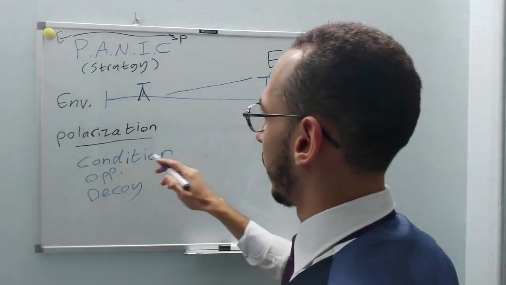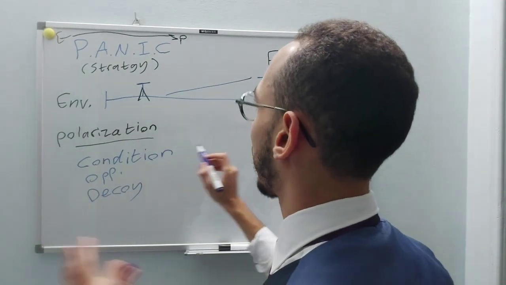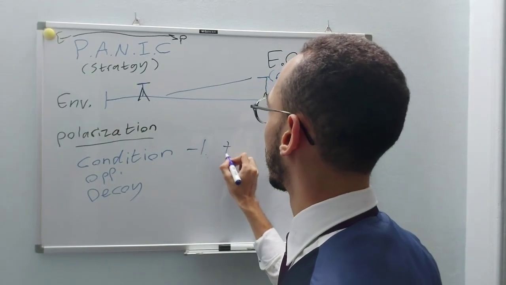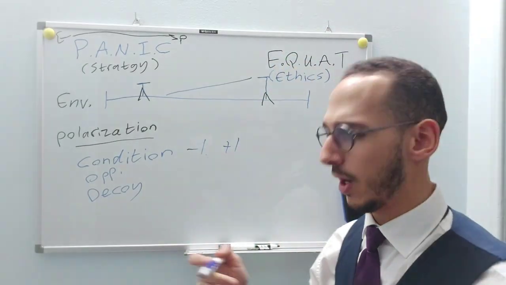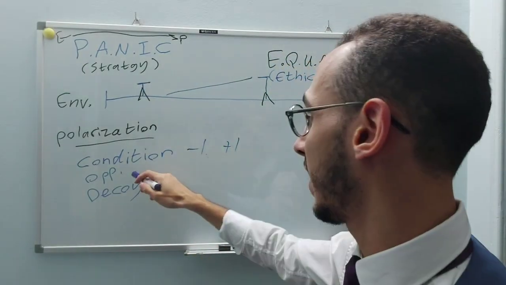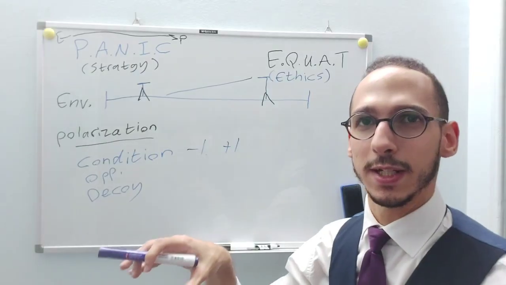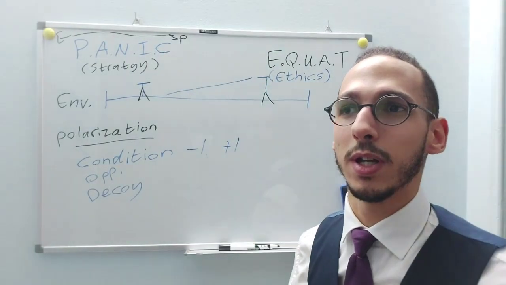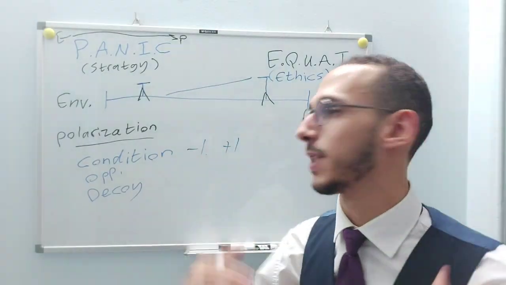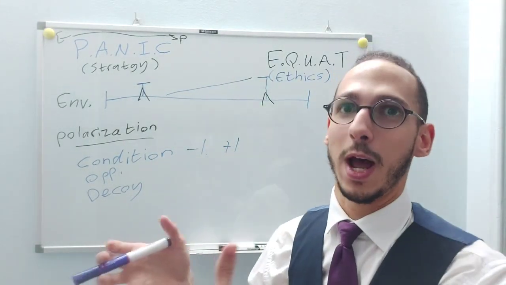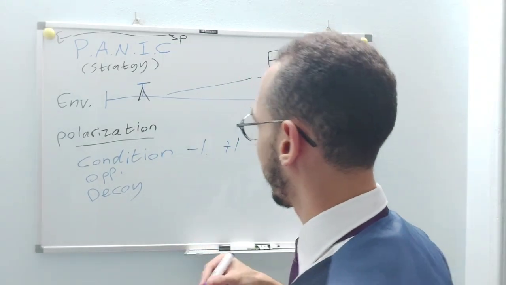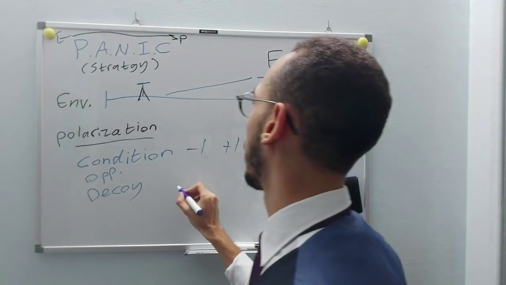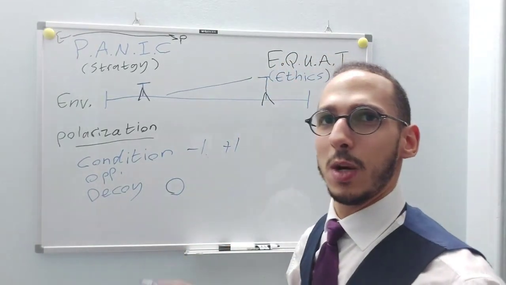So the condition is basically just a naturally occurring deficit between two things, let's say numbers, fire and water, and so on and so forth. Opportunistic is based on opportunity, something that just happened that created a polarization, created an up or down kind of pressure gauge difference. They will jump on that opportunity. And that's opportunistic. Decoy is basically there being only one entity, and then I want to polarize it.